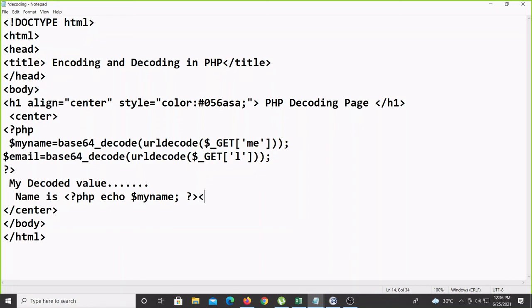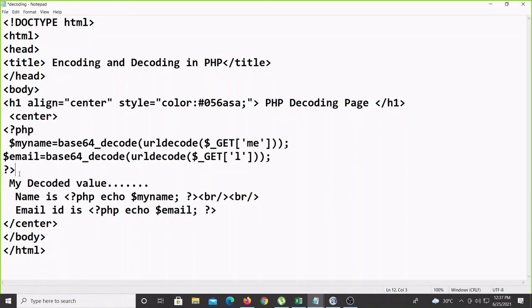Then use the br, one more br, and then the email id same way. Inside the PHP echo dollar email semicolon, close the PHP code, right?